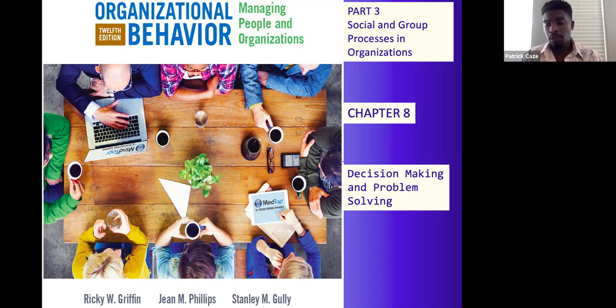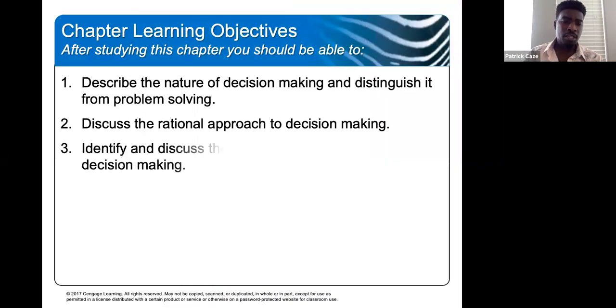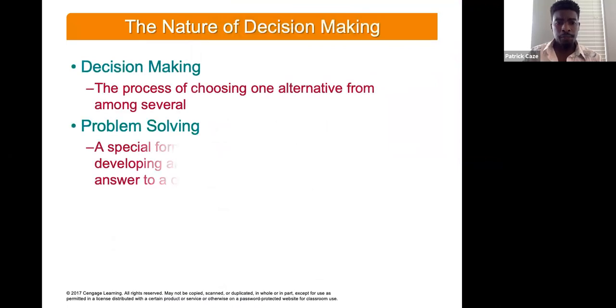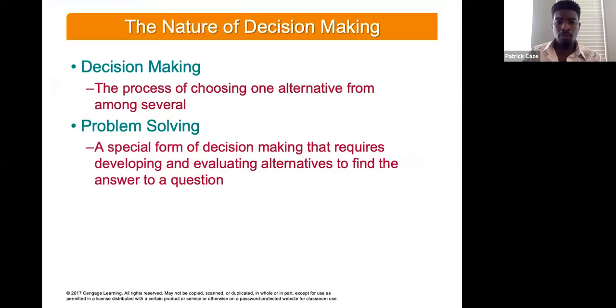All right, this week we're going to talk about decision making and problem solving, right? So decision making probably is one of the biggest things that can make or break a company. When you run a company or you're part of an organization, you want there to be sound decision making, because decisions that are made will have a huge impact on whether or not the company is successful, and how well everyone does and how long people stick around.